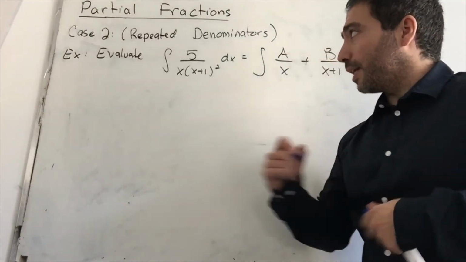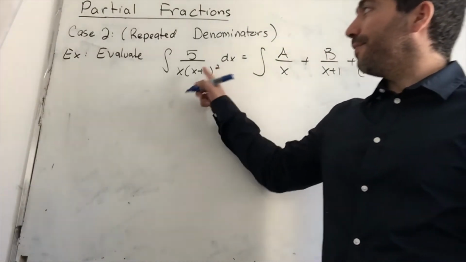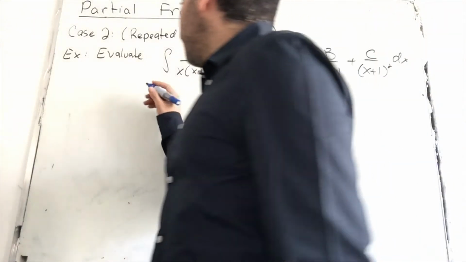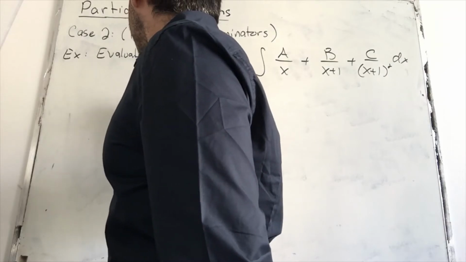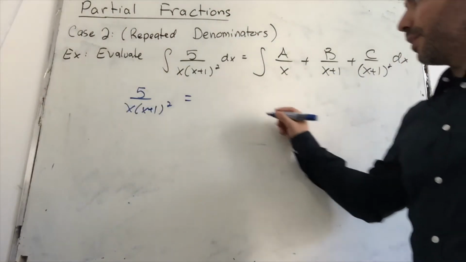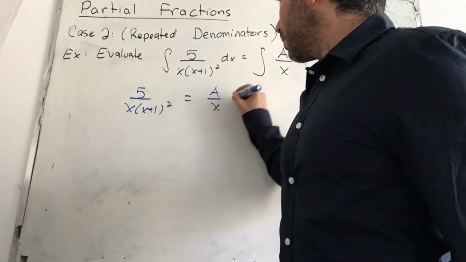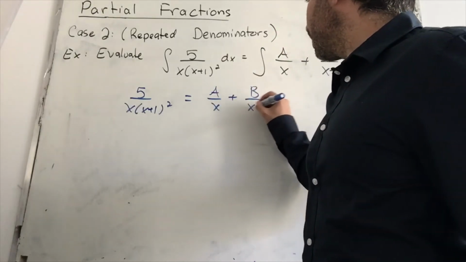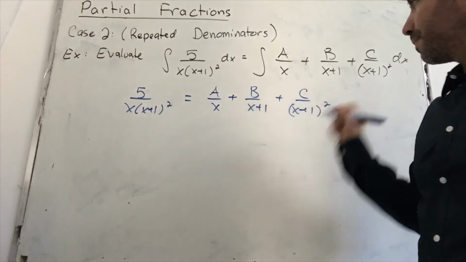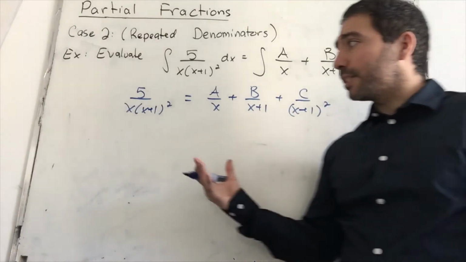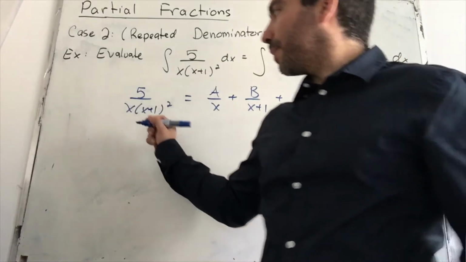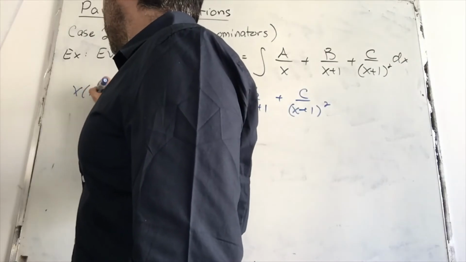So again, same as we did in the first one, we focus on just the integrand of both cases. So we look at 5 over x times x plus 1 squared, and we set that equal to whatever's in here, a over x plus b over x plus 1 plus c over x plus 1 squared. And we solve it in the same manner. We multiply both sides of the equation by the denominator. So if we multiply by x times x plus 1 squared,